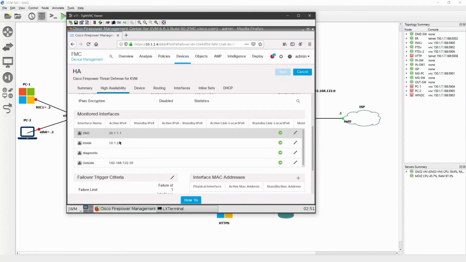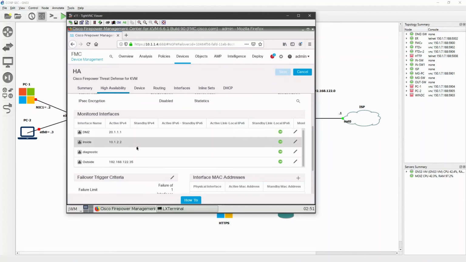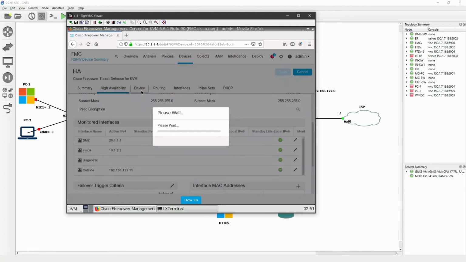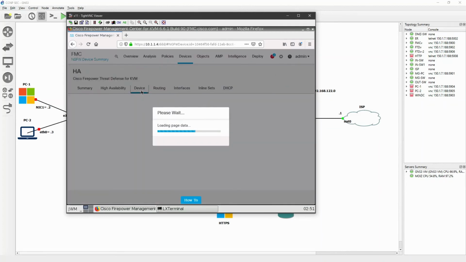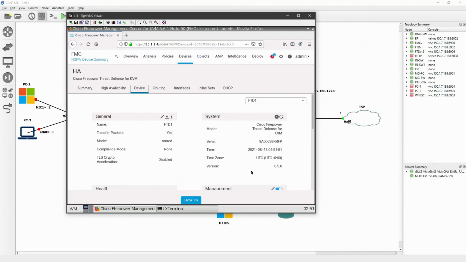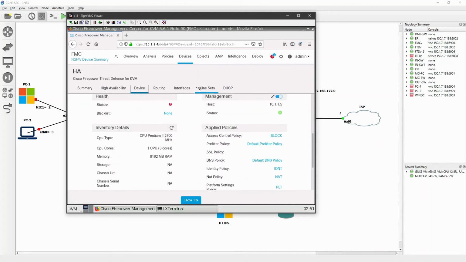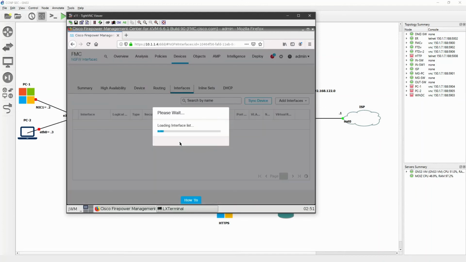And now you can see what interfaces are being used: outside, inside, and DMZ. And if you want to configure now, go to device, and you will find the information of the device over here. So click on interfaces.